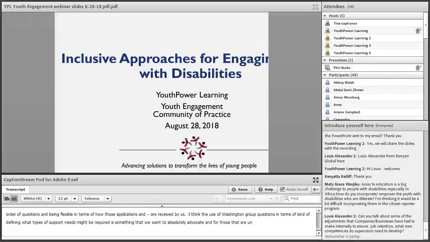And for those that are unfamiliar with them, again, you can go to our website and find a link to those types of questions that don't ask, do you have a disability, but look more at the functionality that you have as an applicant. And I think again, just having a number of different routes into information about how the application process will work and what some of the benefits of taking part might be. I think all those factors are things that we planned for and looked at how to address again as early as possible,